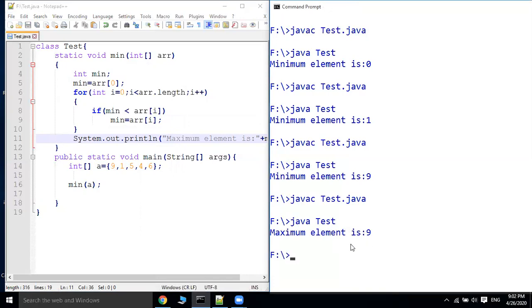Now the maximum element is 9, from 9 1 5 4 6. So this is about the usage of one-dimensional arrays. In the next class, we'll see how to declare and use two-dimensional arrays. Okay, right.